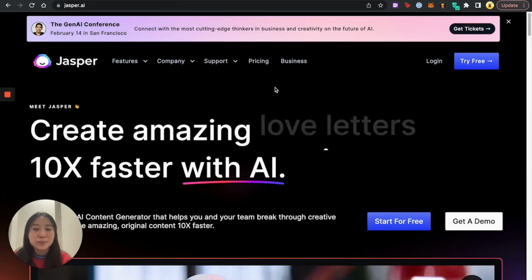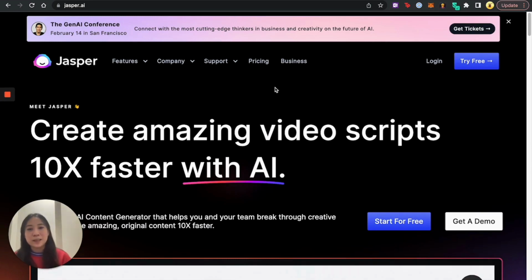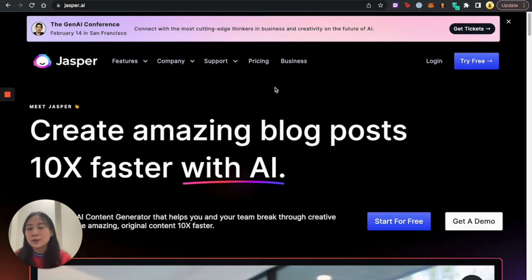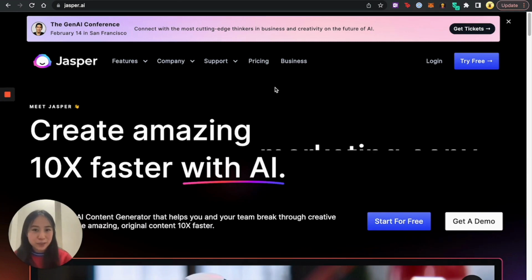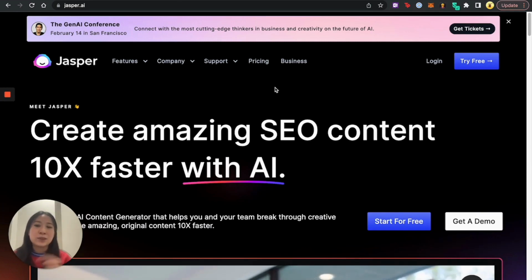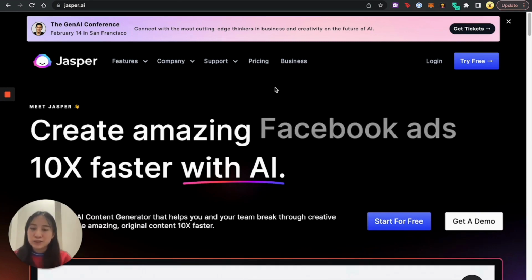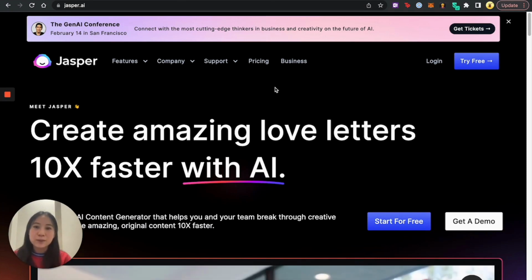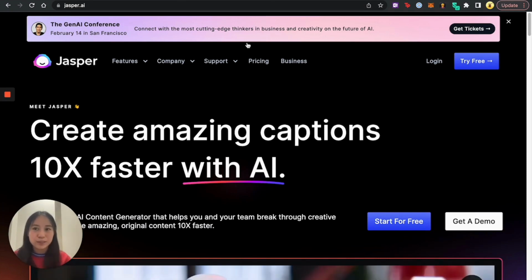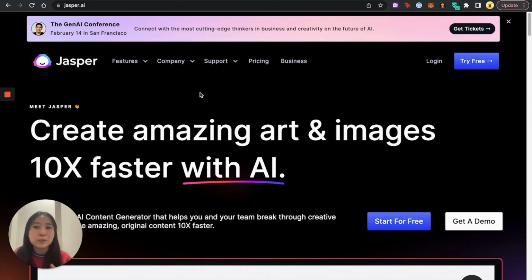One of the annoying things about both Jasper and Copy.ai is that they have this weird clause about not publishing anything that's actually in their platform. So I'm going to do the same thing that I did for Copy.ai. I'm going to try to generate something using the platform, and I'll come back and show you what the results look like. After looking at their product a little bit, one thing that I really like is